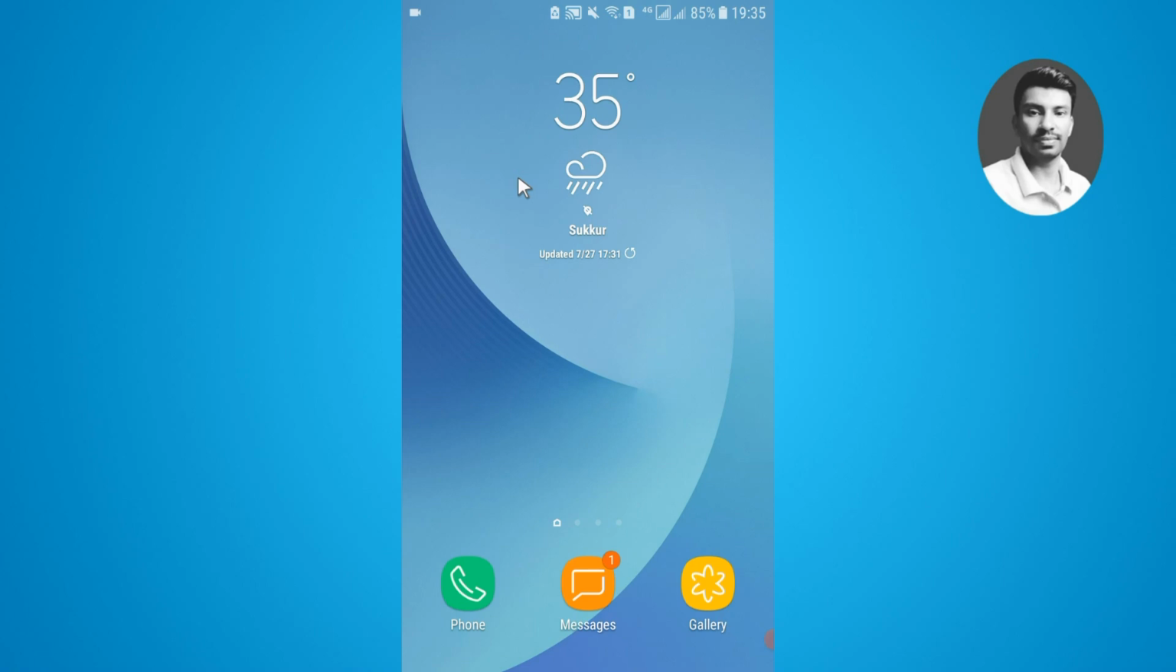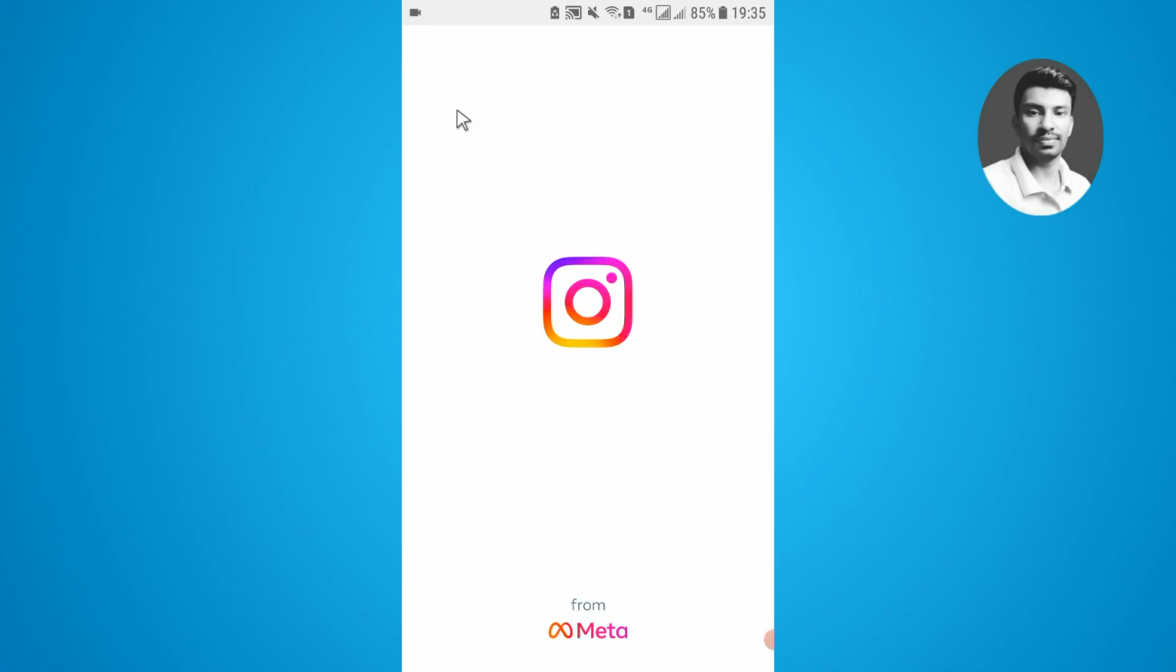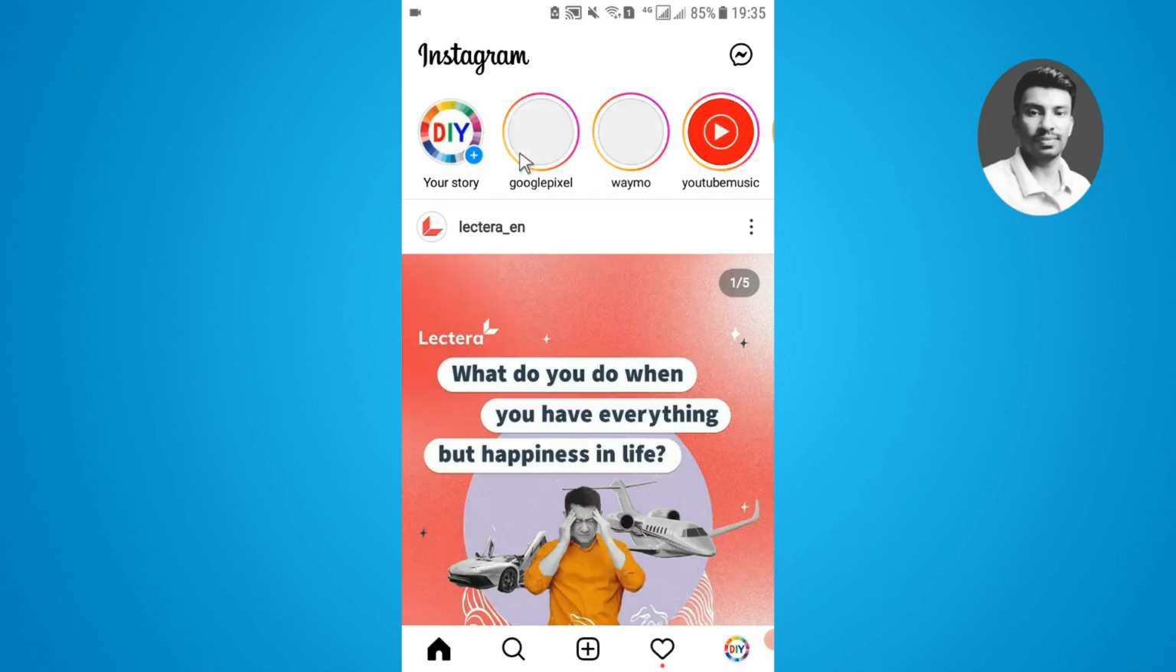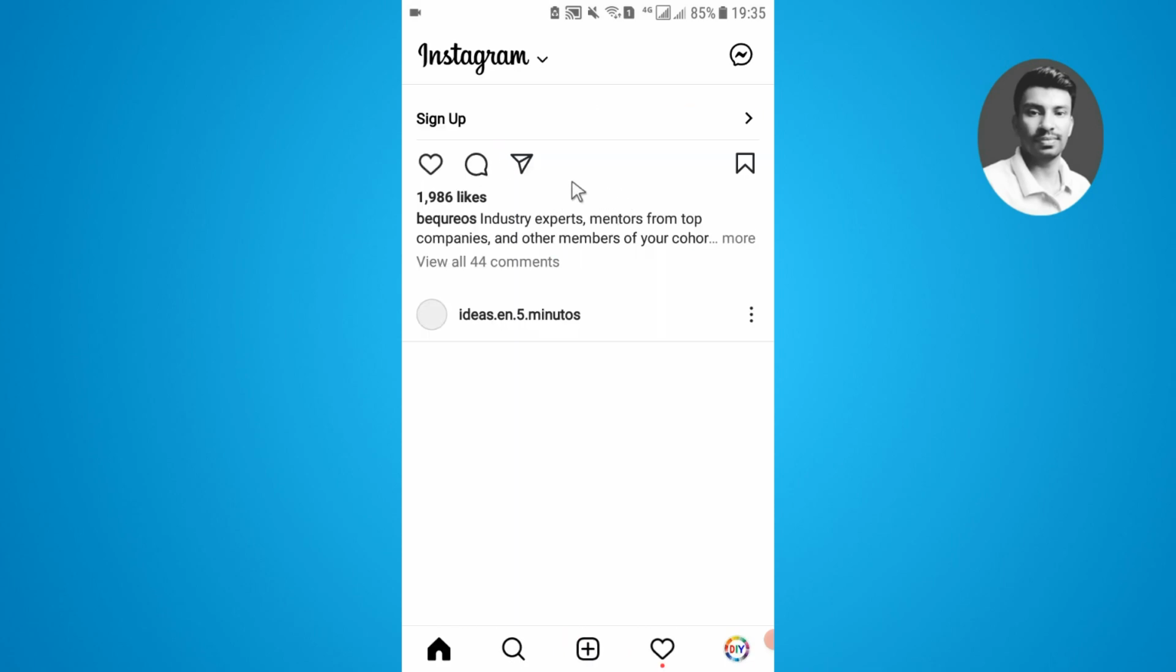First thing, you have to simply open up your Instagram app. Before you make a group on Instagram, you have to update your Instagram app. So if you want to make a group on Instagram, first you need to update your Instagram app,